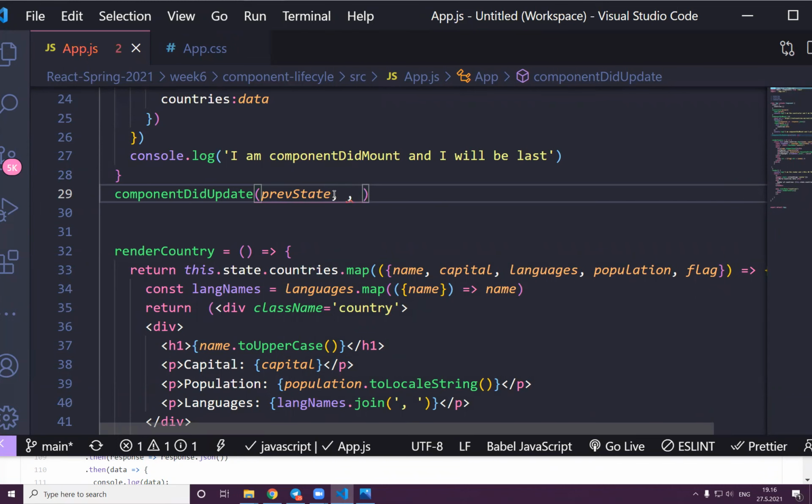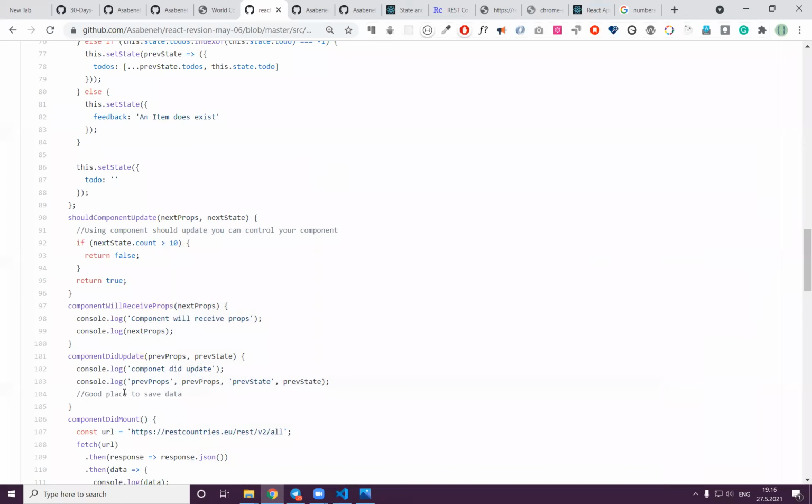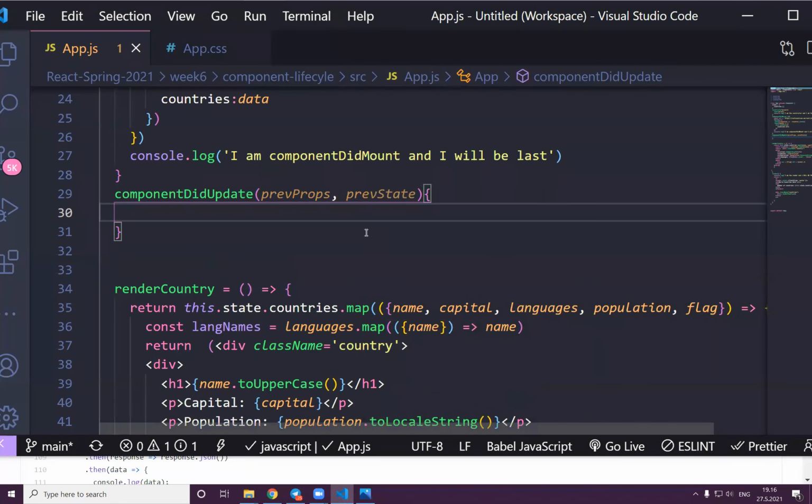Previous state and previous props. Let me be sure. Yeah, previous. Okay, good. So let's leave something in console.log, and I am the component